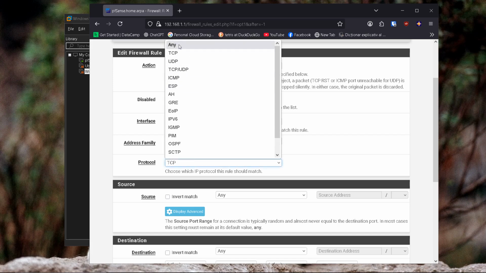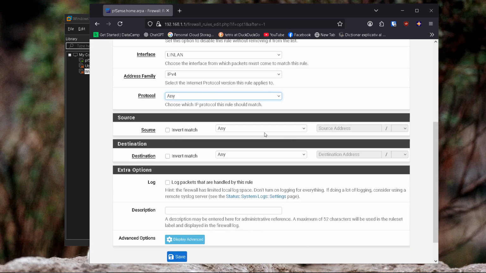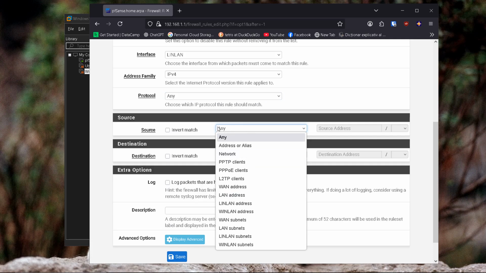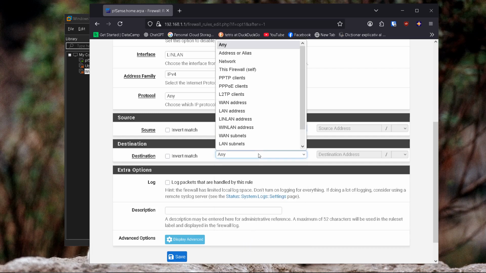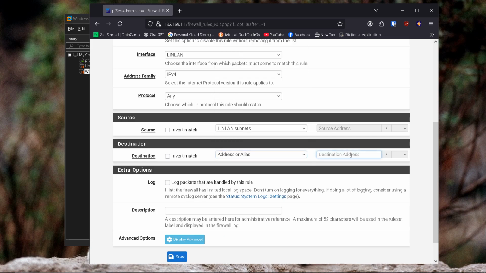We will select Linux LAN subnets, and we will also select private IP aliases, and we do private IPs, and we do invert match. We will save this,